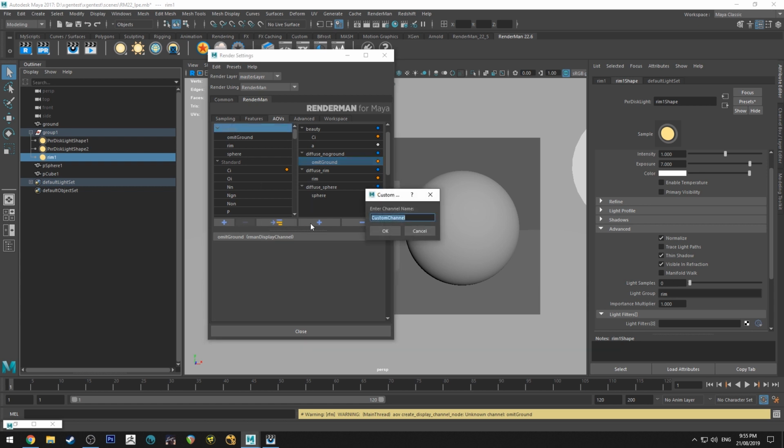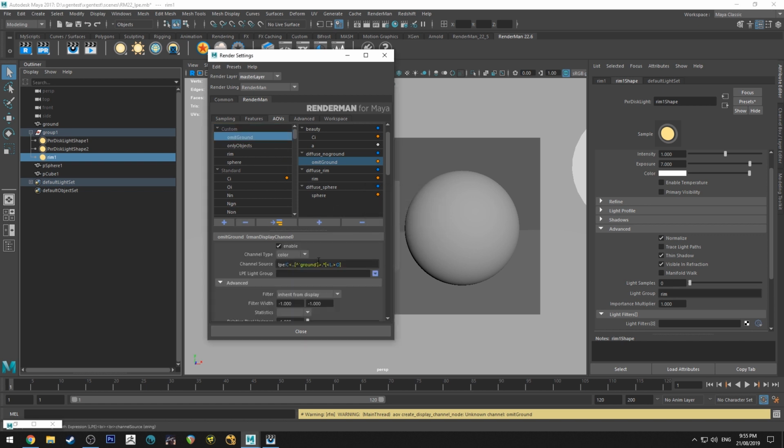So we'll create a new one, and this is going to be called only objects. Again, LPE colon, C for camera, open up, and full stop, because it's going to be a beauty pass. And we're just going to name our objects.